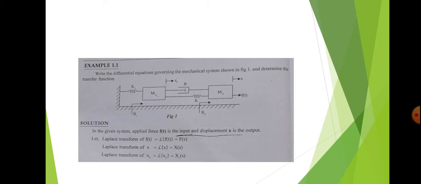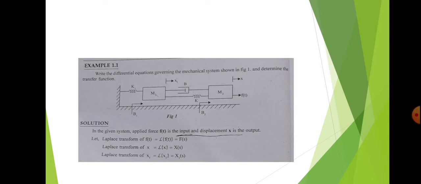The system has two nodes and they are masses M1 and M2. The differential equations governing the system are given by the force balance equation at these nodes. First we are considering the node M1 and we are marking the applied force and the opposing forces on that mass. Let the displacement of M1 be x1. The free body diagram of M1 is shown in the figure.